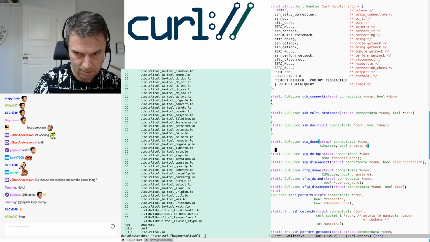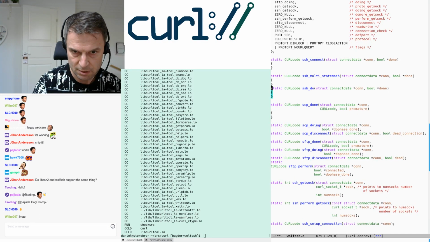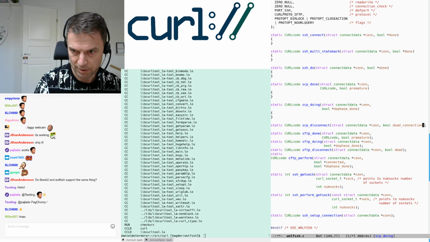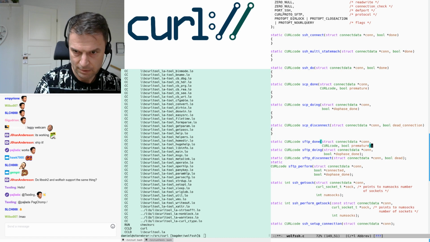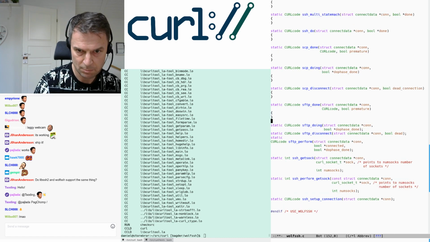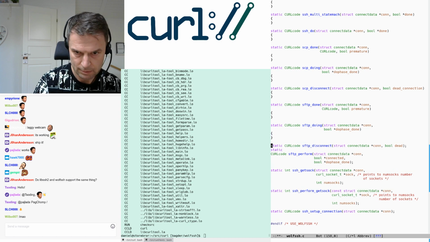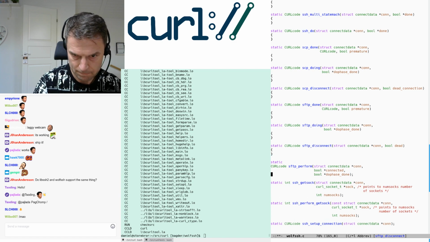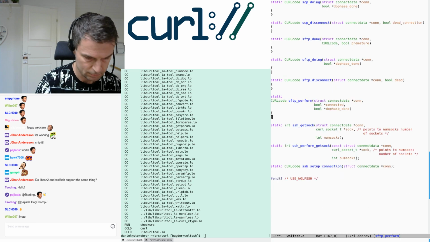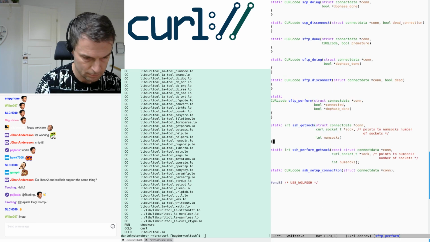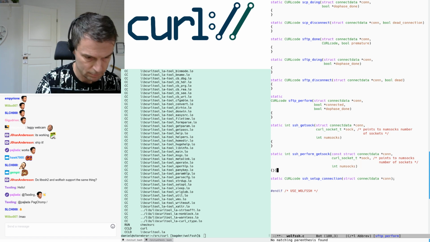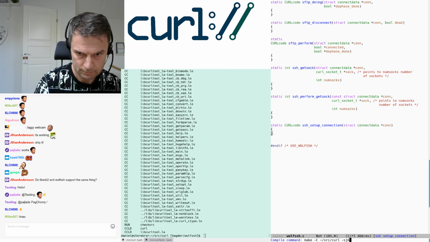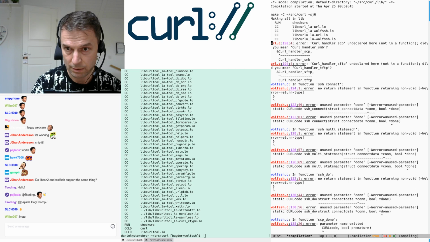Since I now enabled picky compiler options, this will make my compiler complain about unused arguments, but that's at least one step forward. There, and if I build with this, blah blah, undeclared here,